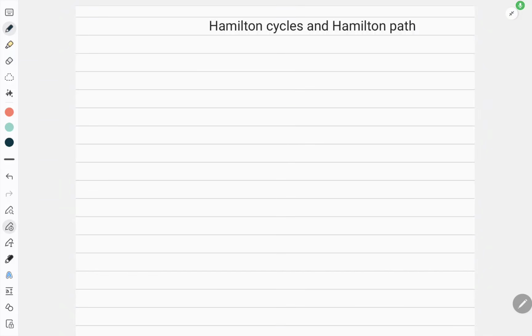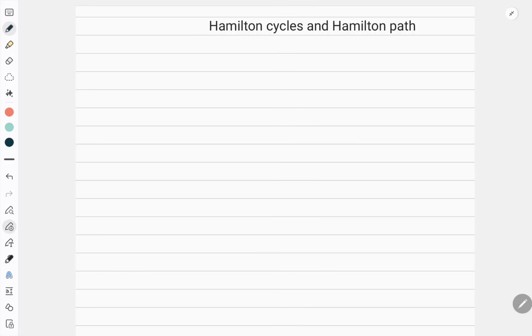Yes, in my last video I discussed Euler's graph. Now let us talk about the Hamilton graph or Hamilton cycle or Hamilton path. Now we have already classified the walks. I told you that a walk is a closed walk or an open walk, right? Then when I talk about the open walk, I get the definition of trail and path. When I speak about the closed walk, I get the definition of circuit and cycle.